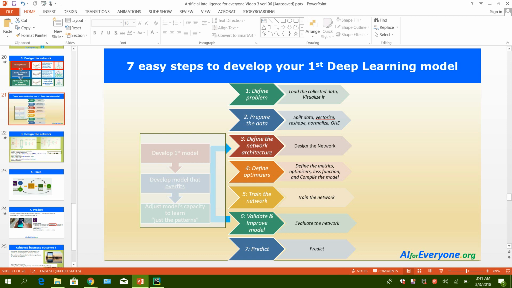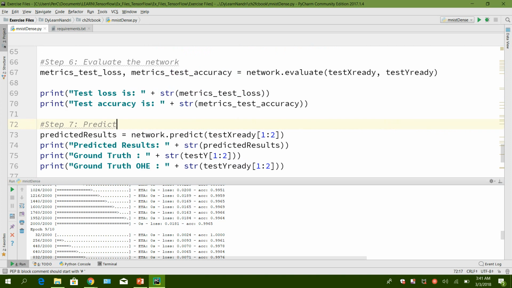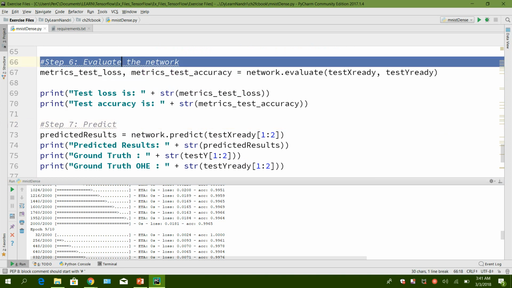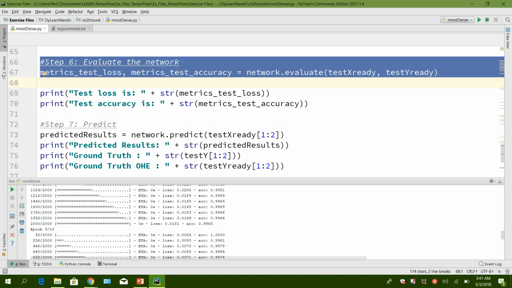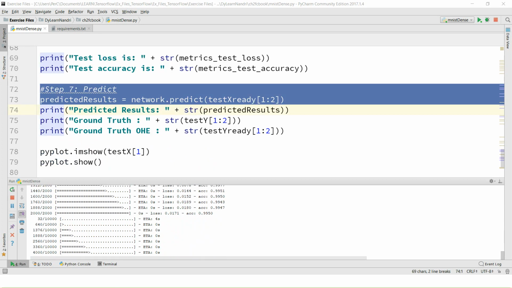Now let's get into the evaluate and the predict phase. When you say evaluate, the system would actually come out with the accuracy and the loss values. The final step is to predict.